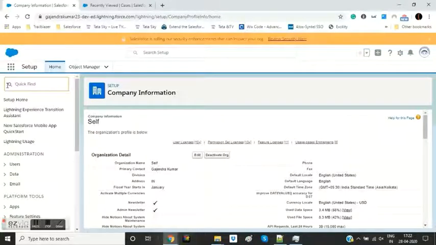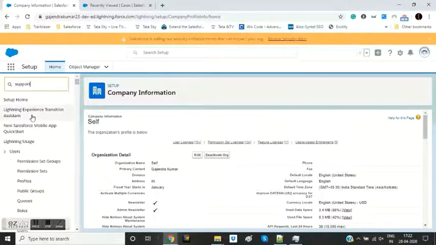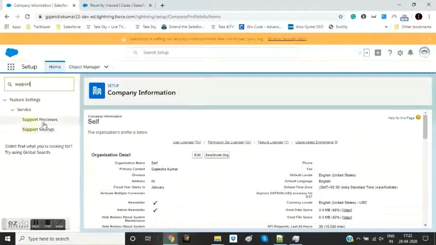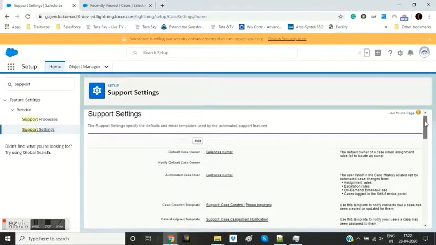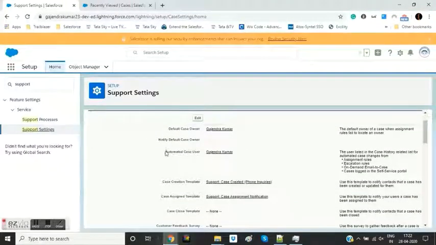So just to verify that, in quick find we'll type support and then select support settings. You can notice a field called automated case user. This is the user who will be the owner of the case created using the web to case form.